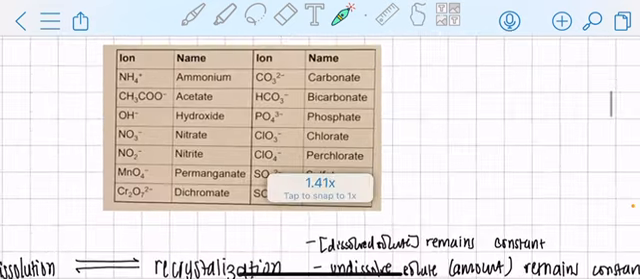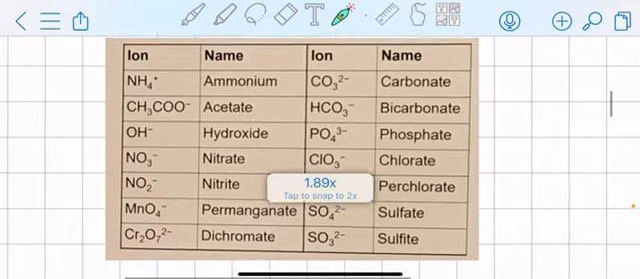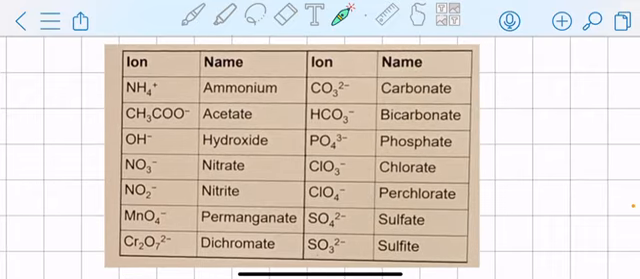Polyatomic ions stay together when dissociating. It's important to revise these polyatomic ions. NH4+ is ammonium, CH3COO- is acetate, OH- is hydroxide, NO3- is nitrate, NO2- is nitrite, MnO4- is permanganate,